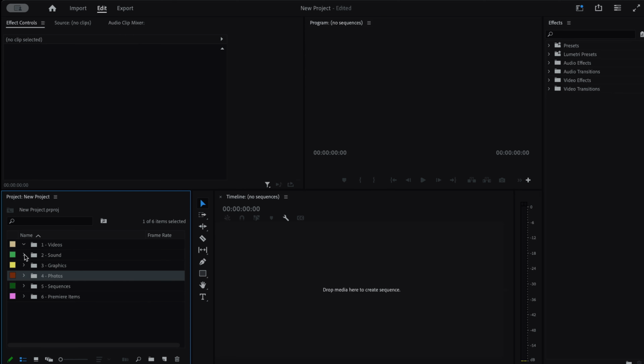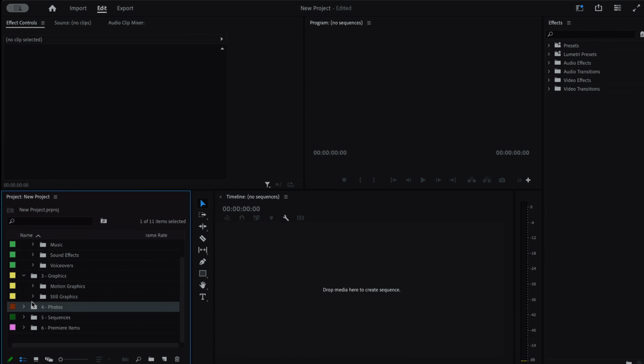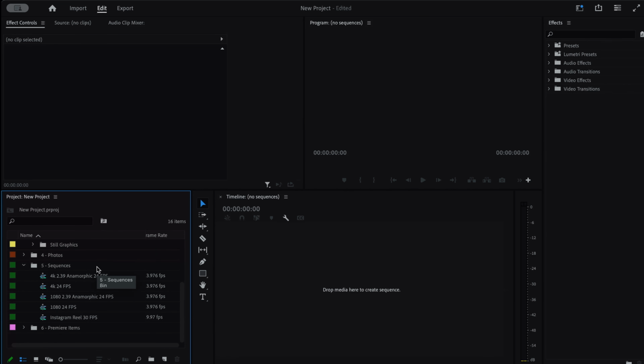So this is where you can dump your video clips. This is where you can dump your music, sound, voiceovers. This is where you can dump your motion still graphics. And photos, this is where you can dump your edited photos if you want to use them in your video project. Sequences is where I create different timelines that correspond to the different